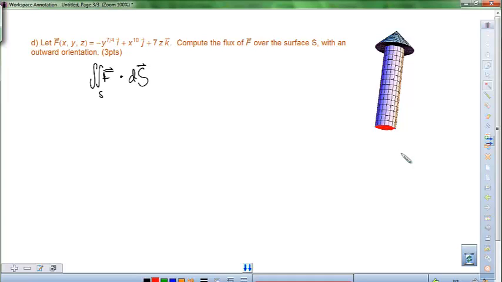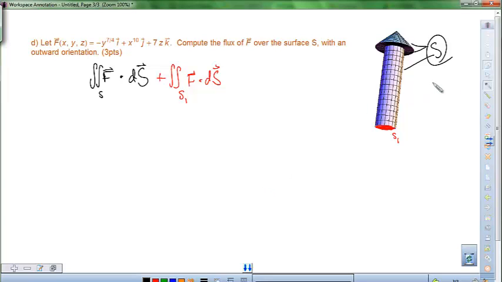So with that open surface, if we add the double integral of a disk, let's call this S1, so we're taking the flux of this vector field over this S1, and then if we add on the flux of the vector field over the whole S, the three components, or the three surfaces,